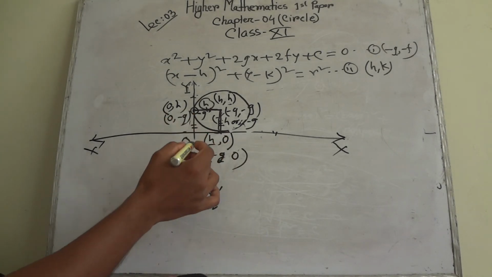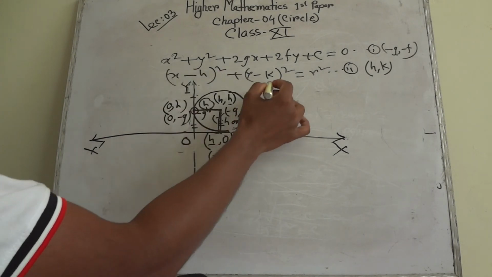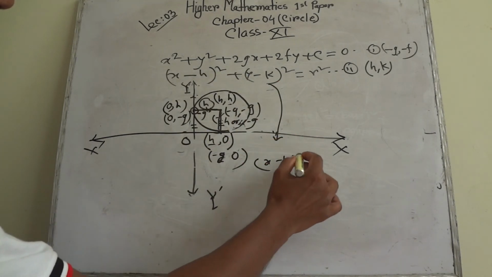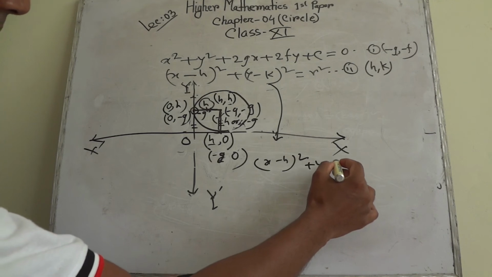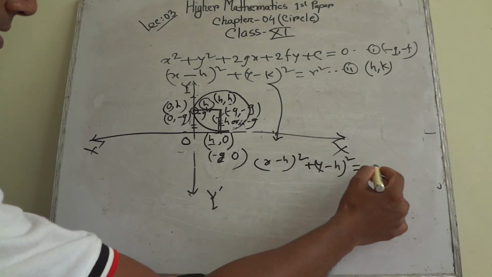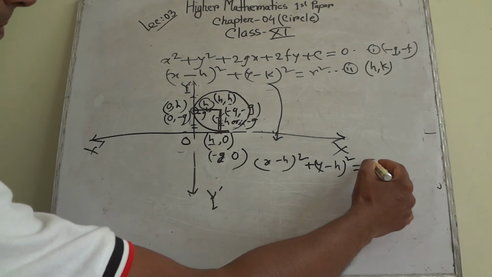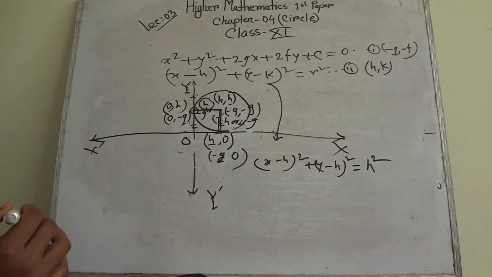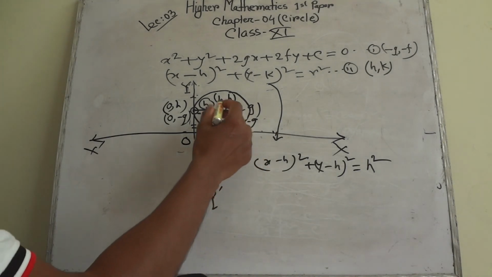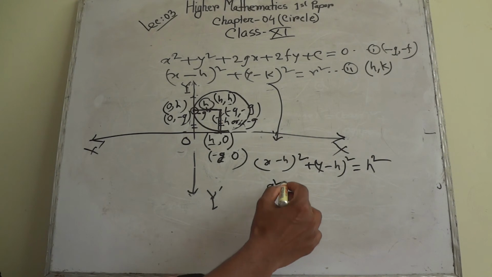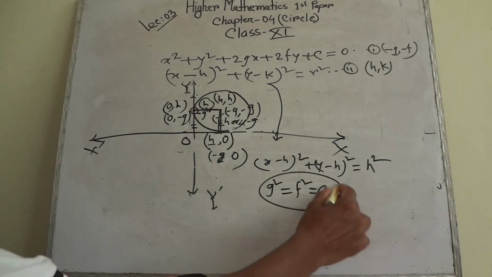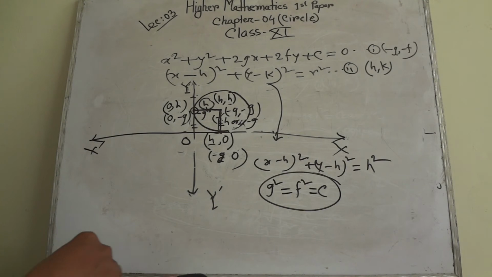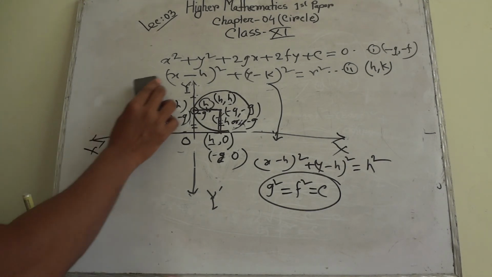That means the measurement will be the same. Okay, and the equation of the circle will be (x minus a) whole square plus (y minus a) whole square is equal to a square. Clear everyone? And another part we can take: as the circle touches both axes, we can write g square is equal to f square is equal to c. We have already discussed this. Okay. Now,